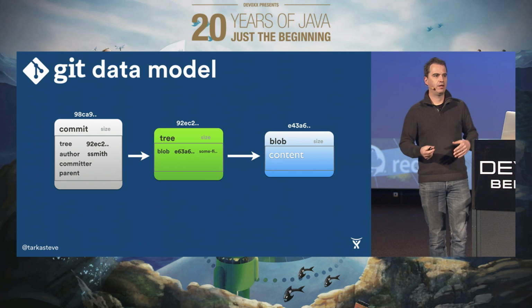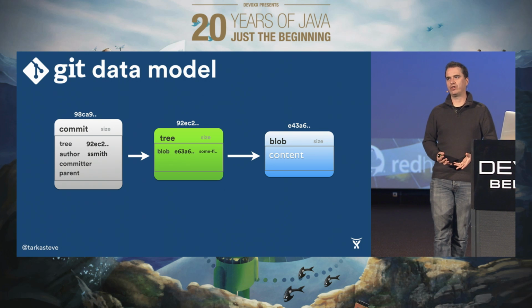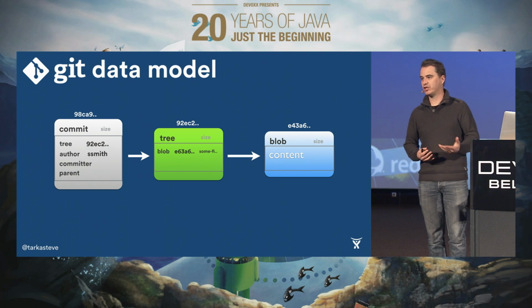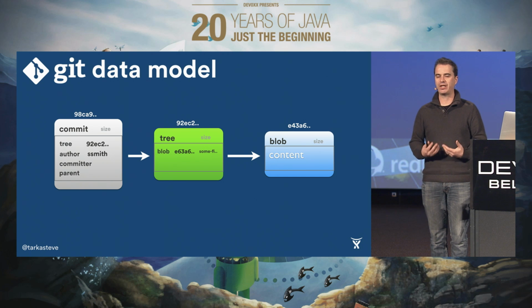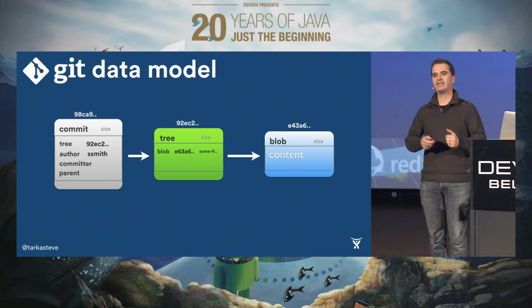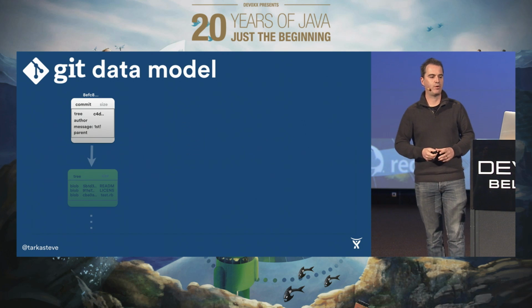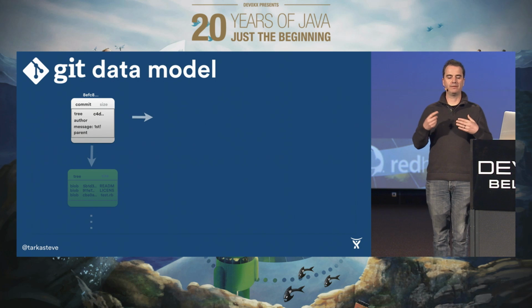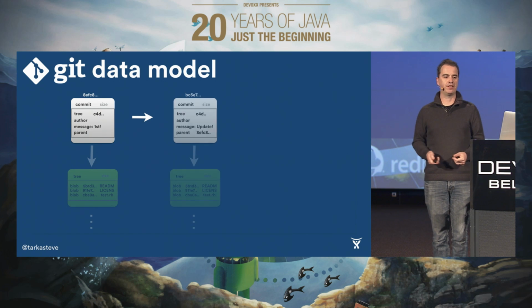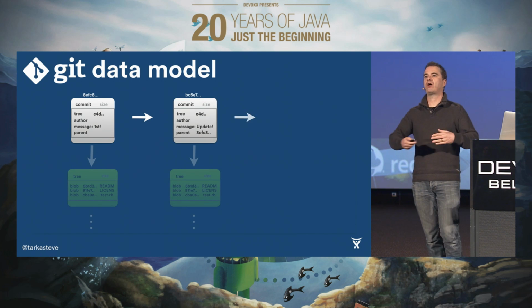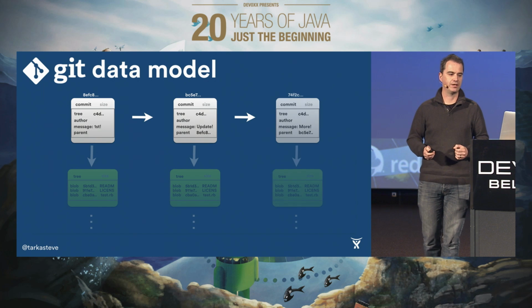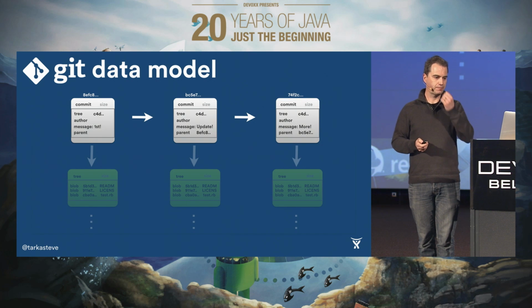Of course, a single snapshot in time is not a lot of use. It's a version control system. It's a change control system. Therefore, we want things to change over time. And that is where the idea of chains of commits comes in. And this is how we build our high-level abstractions in Git. There is a fundamental